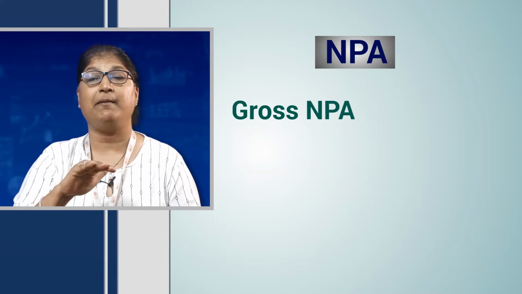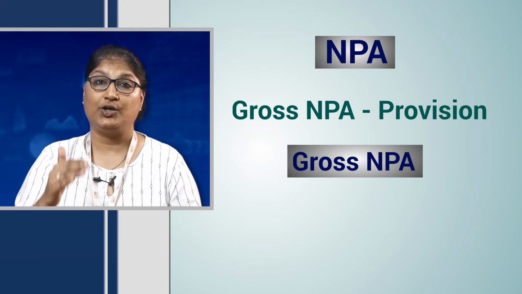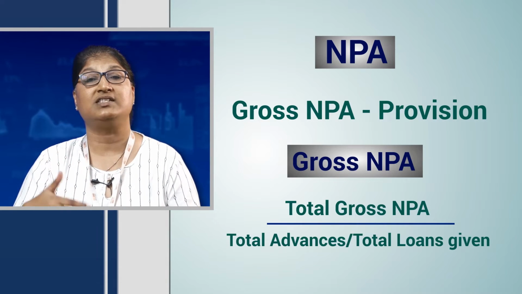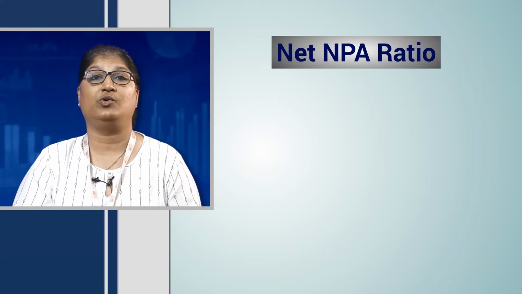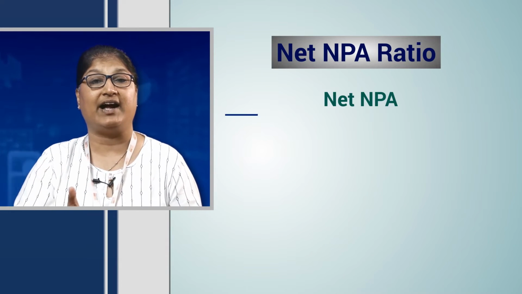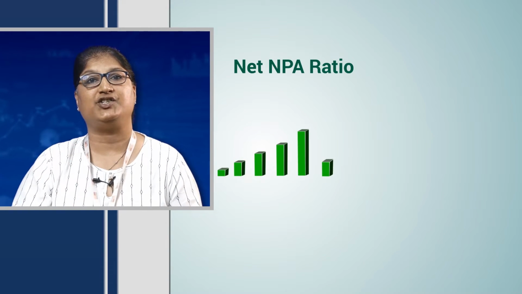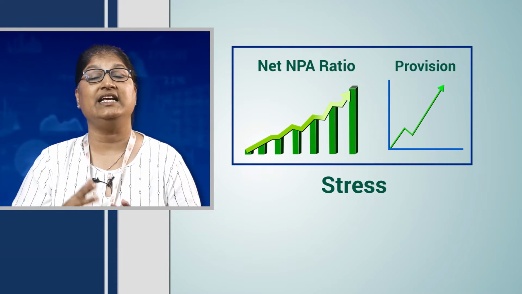Now, let us understand the formula for net NPA, which is gross NPA minus provisions, where gross NPA is the ratio of total gross NPA divided by the total advances or total loans given. Similarly, if we want to understand the net NPA ratio calculation, then it is calculated as net NPA divided by the total advances or loan given. Higher the net NPA ratio, higher will be the provisions, and thus there will be a stress in the bank's